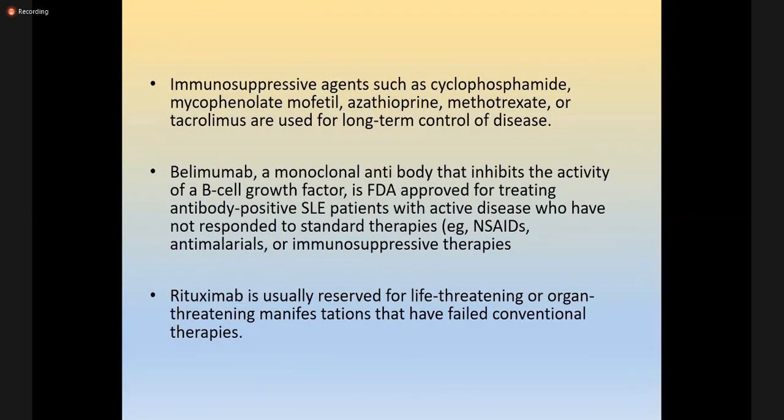So the take-home message is that whenever you come across a patient who is having involvement of more than one organ, the patient is having cough, anemia, bruises all over the body, you have to keep your mind open. You have to think about SLE always. And you have to take a thorough detailed history and examine the patient, each and every system. You should have an open-minded approach rather than narrowing down your list of differentials. You have to think with an open mind about what the possibilities could be.